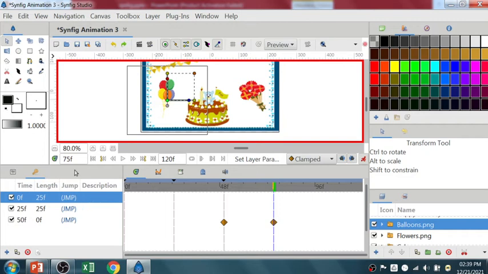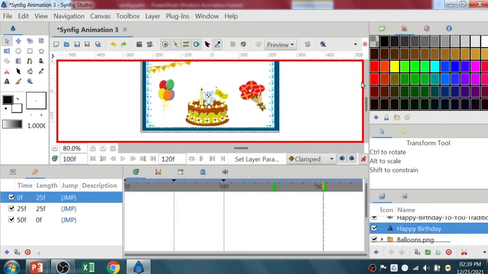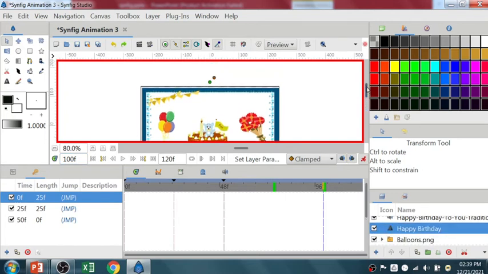Yes, and on frame number 100, let's add happy birthday text. On frame number 125,